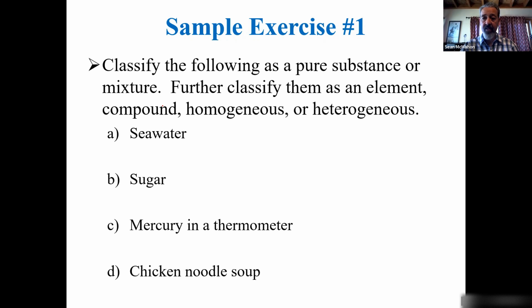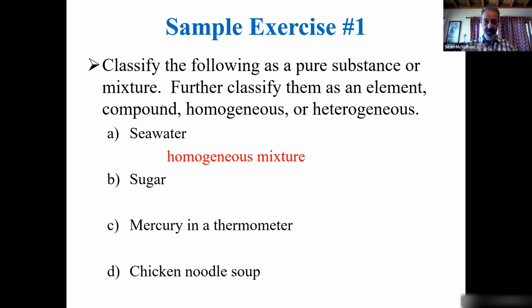If they're a pure substance, are they an element or a compound? If they're a mixture, is it homogeneous or heterogeneous? So you can pause the video now, work on it on your worksheet, and then unpause it, and we'll go through the answers. So seawater, again, we're going to assume it's a homogeneous mixture because it's uniform, because the sodium chloride